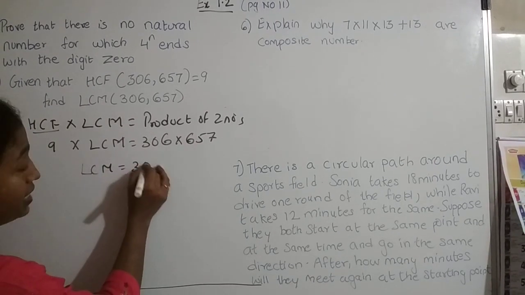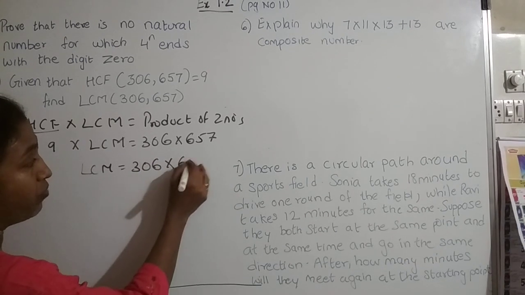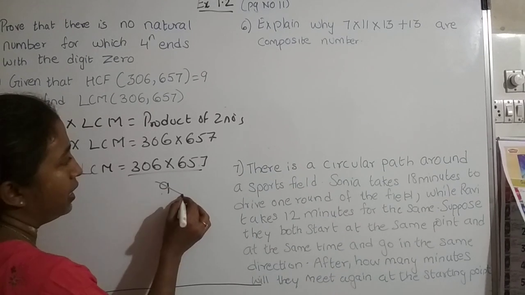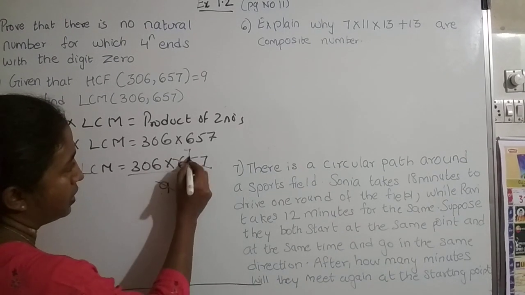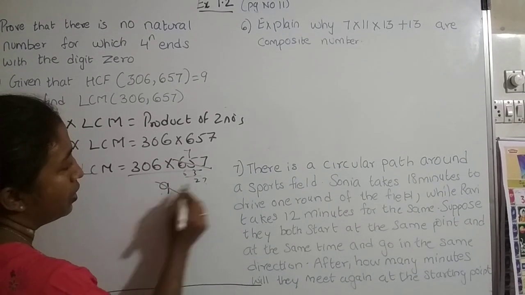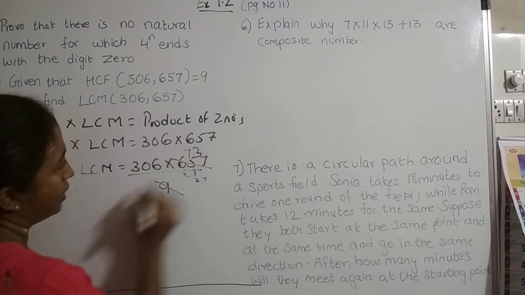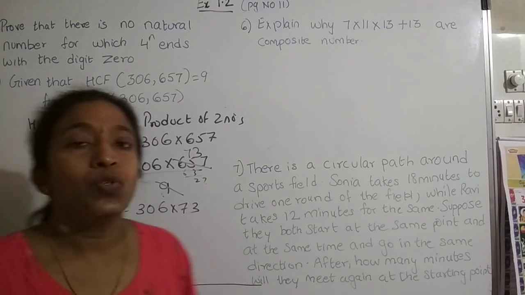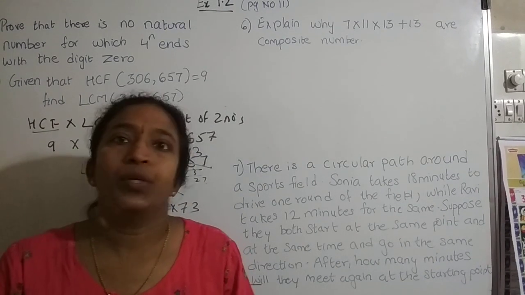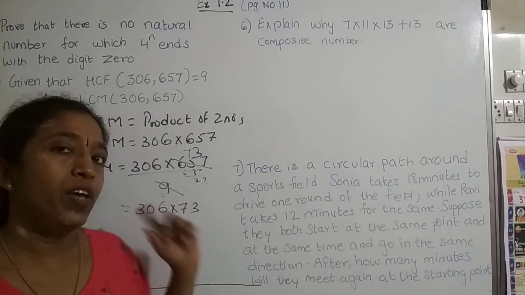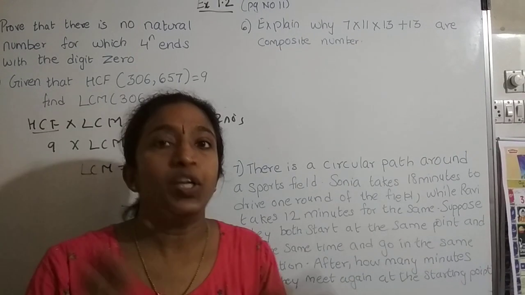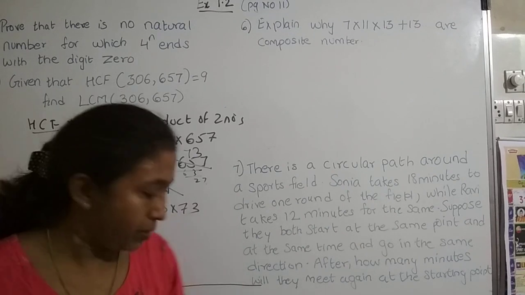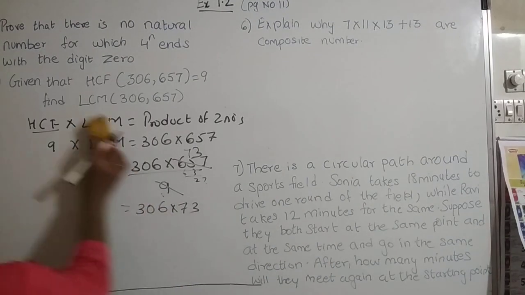I find that this is easier because with prime factorization you have to find the factors, so it is time consuming. So this is the best way. We can cancel very easily. 9 7s are 63, so 2 here, 9 3s are 27, so you multiply and you get your LCM. Correct? So see the marks and decide your steps. That is the best way. We have used the property that HCF into LCM equal to product of two numbers. For 2 marks it may come. Very simple, right? Let's go to the next sum.